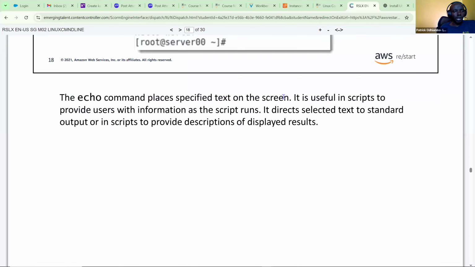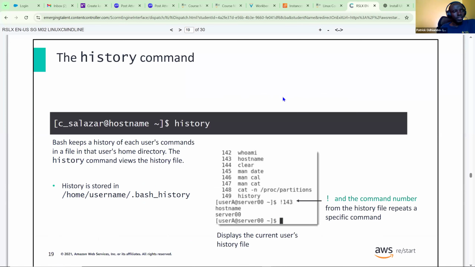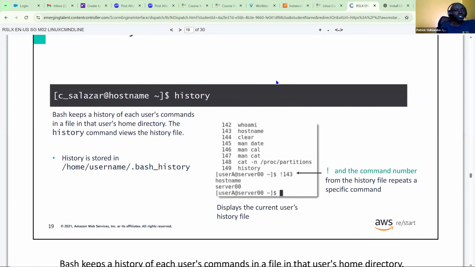Okay, so that's the echo command. Then the history command. What we are being told here is that bash keeps a history of users' commands in a file in that user's home directory. The history command views the history file.